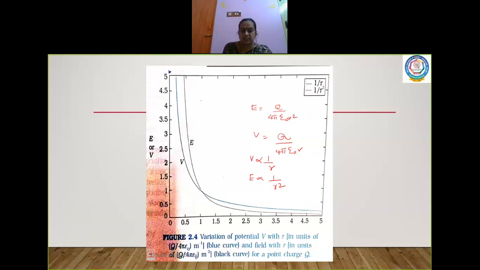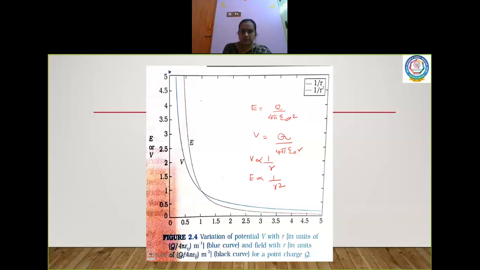Now let us take the next curve, children. The next curve, this is the black curve, right? Which is drawn in black color. This is the curve which represents variation of electric field with respect to the distance. Here also you have Q by 4 pi epsilon naught to be constant. Here the distance alone varies. Again at this point, the electric field is high but the distance is low.